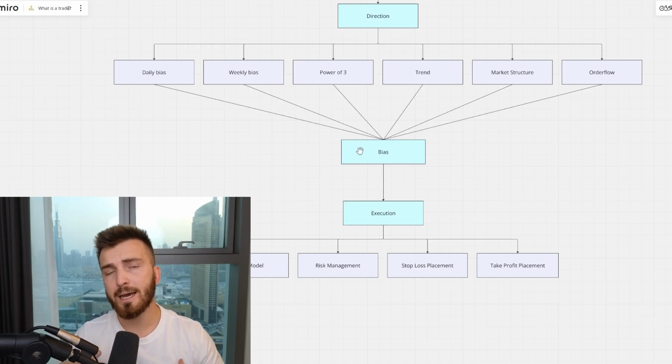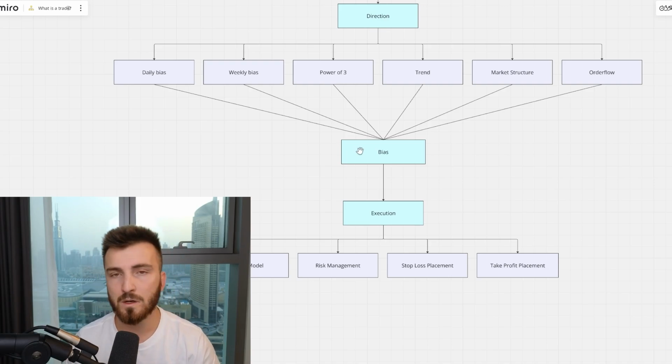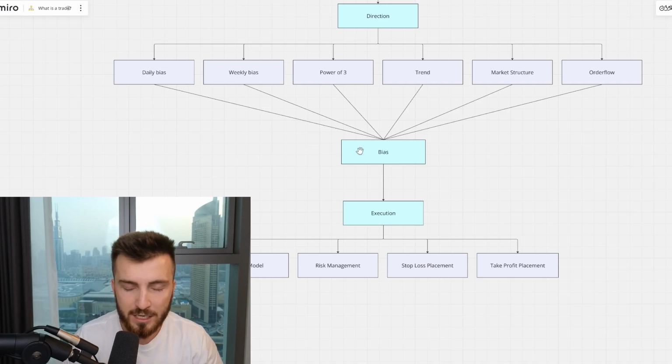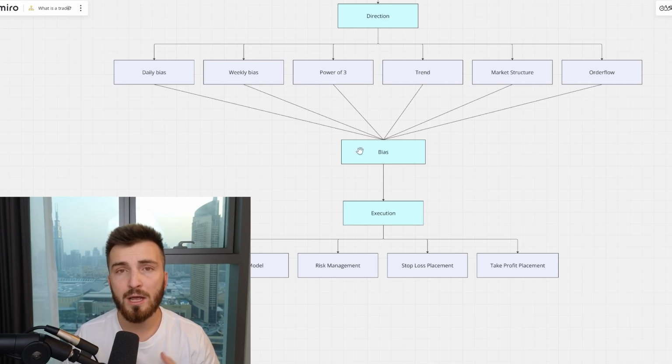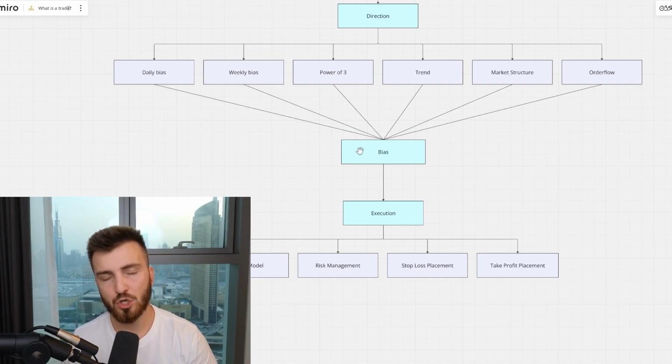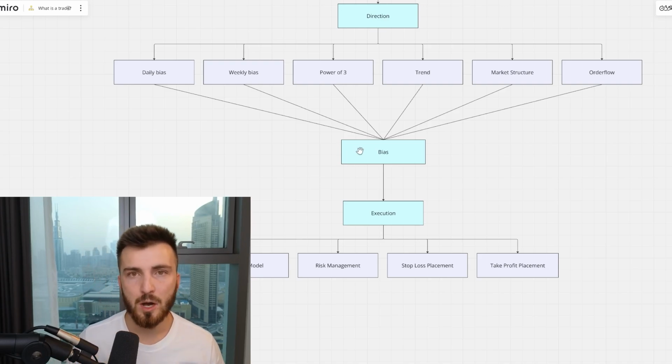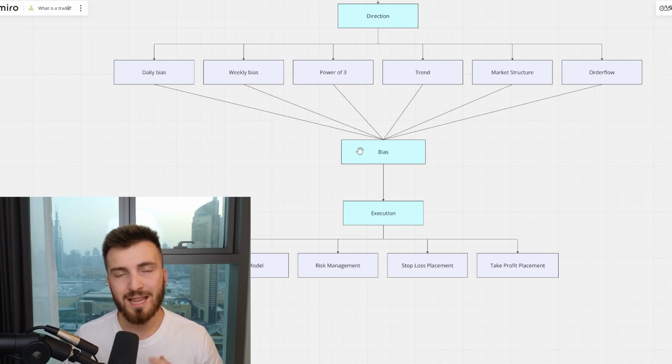But this is basically an introduction to everything we are going to be talking about next. Because every time I talk about daily bias, every time I talk about weekly bias or the power of three, I get people commenting, well, but what about the execution? And I need you to understand, it's not about the execution. It is not about the execution. It's all about direction. Master the direction and you will be one big step closer to becoming a profitable trader. So with that being said, now let's go into mastering the direction. Let's go into what's most important in your trading.